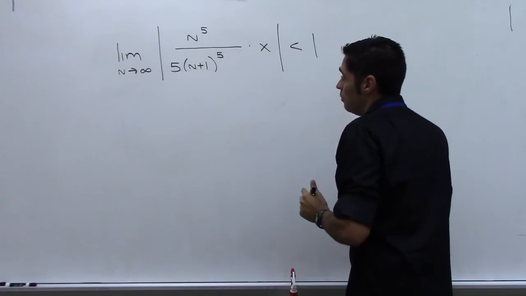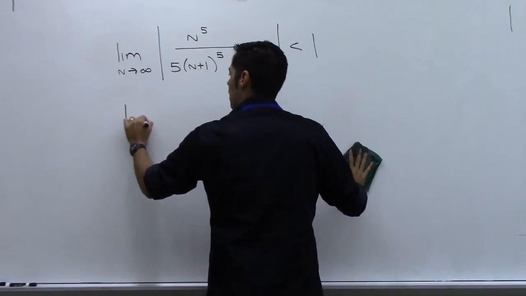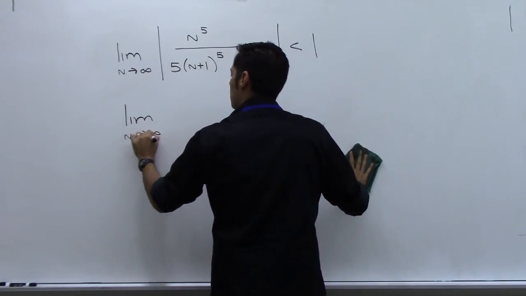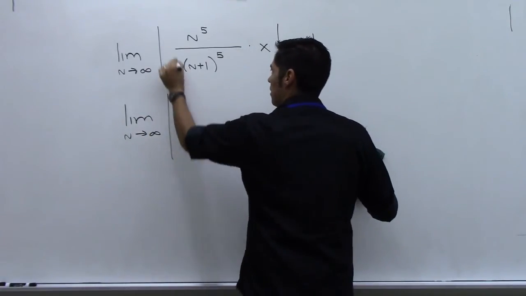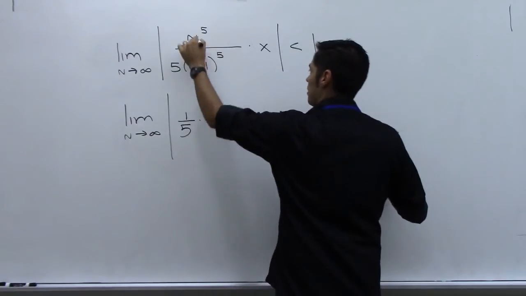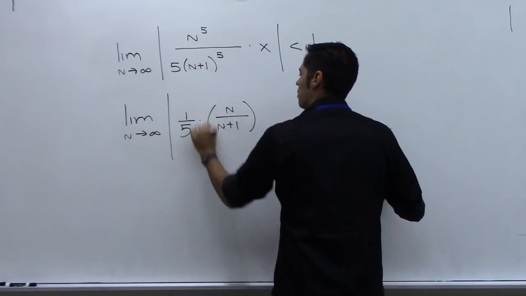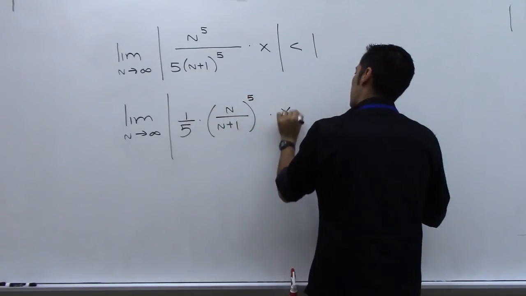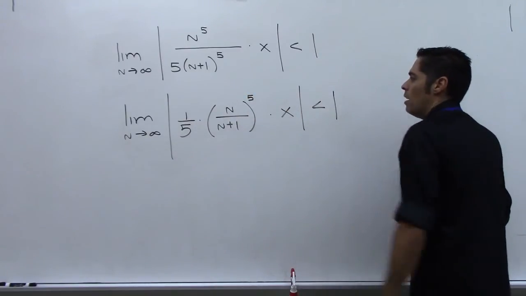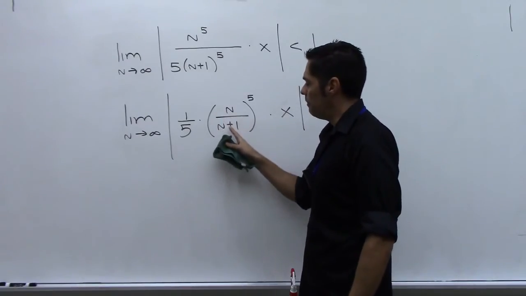Since these are both to the 5th power, I could rewrite this as 1/5 times n over n plus 1, both to the 5th, times the absolute value of x, and you need that less than 1. Now as n goes to infinity, you have infinity over infinity,